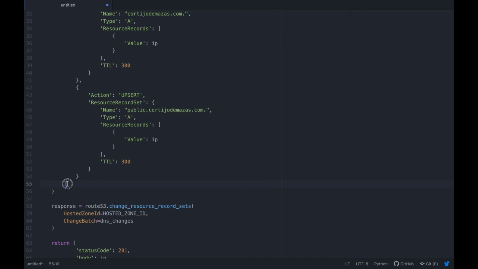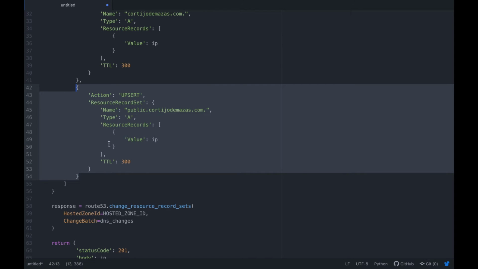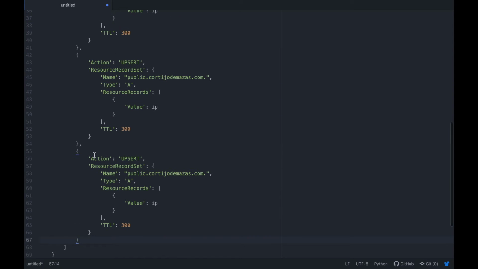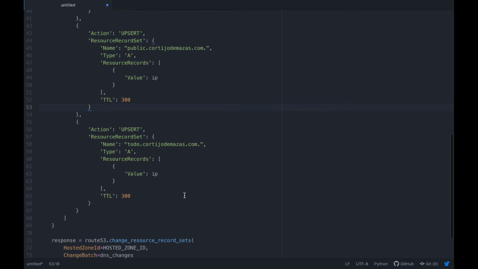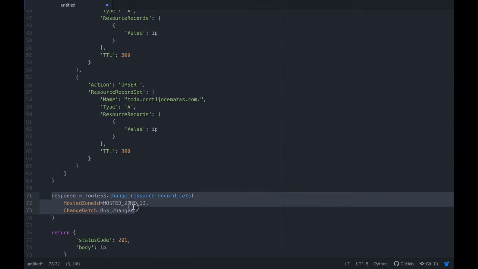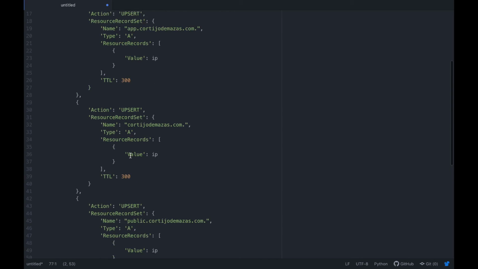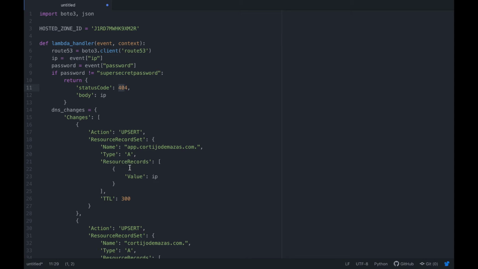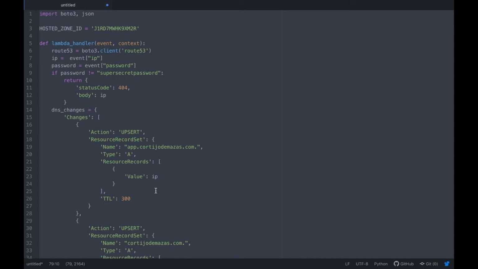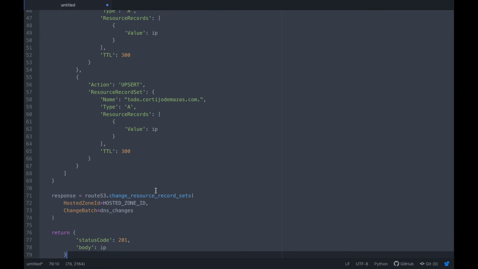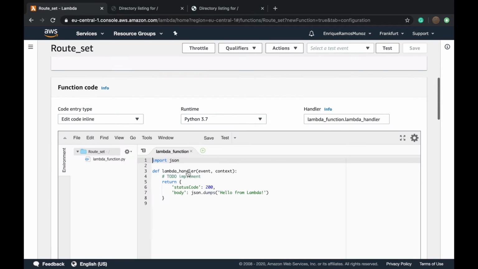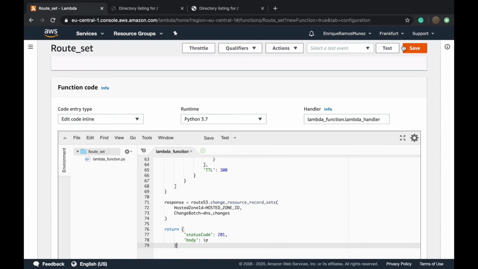It's a list, so you just have to add this object over and over with different host names. So instead of public, we can put here the one we want. So just is this one. Here it will modify and it will return 200 if it's correct, or 404 if the password is incorrect. You have to modify here the hosted zone ID because this one is mine and it will not work for your domain. So just copy all the Lambda function and put it here. So we will save,